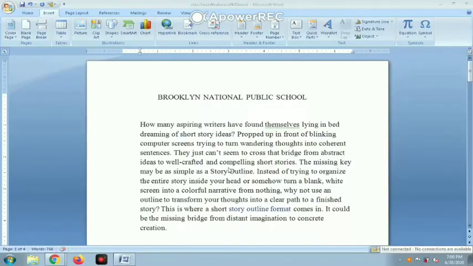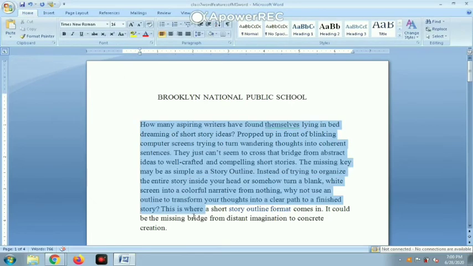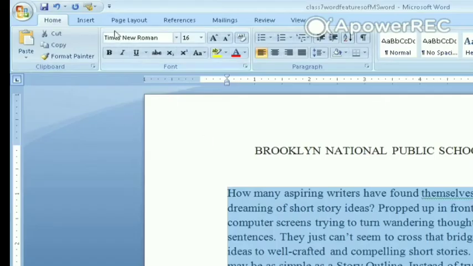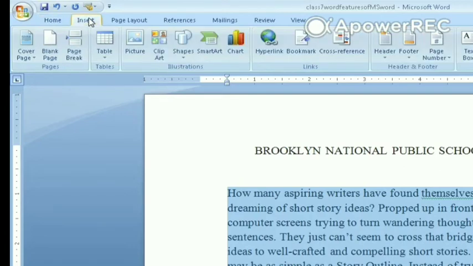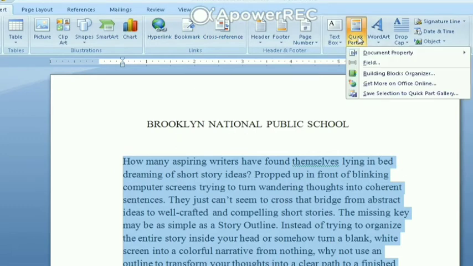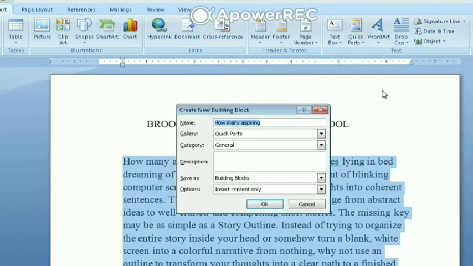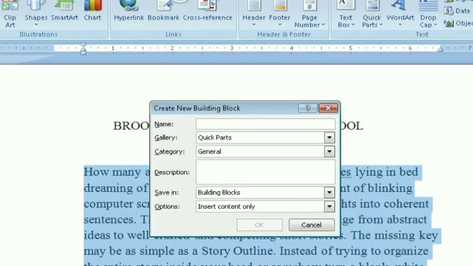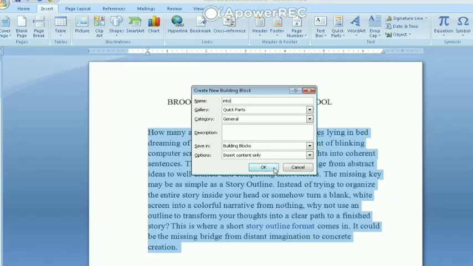This is one method, and another method is to click the insert menu, then go to quick parts, click that and save. Here you give the name for that. I'm giving intro, then the gallery is quick parts, and click OK.